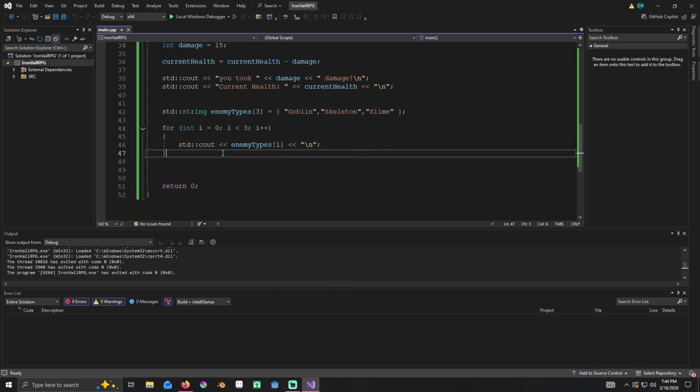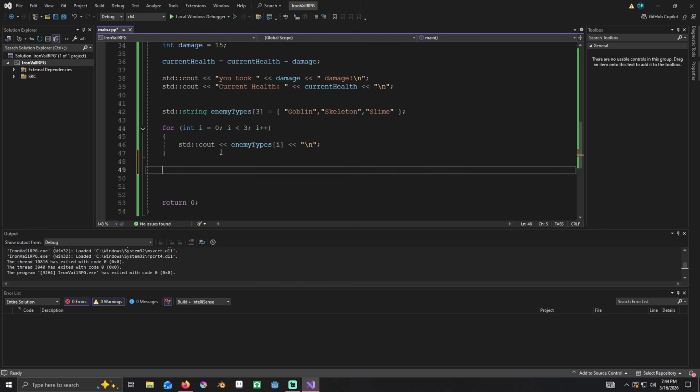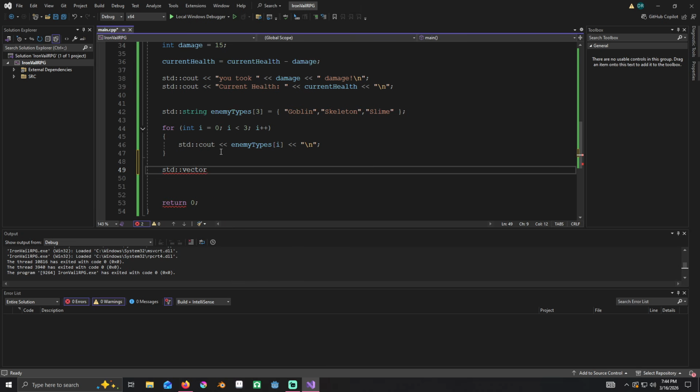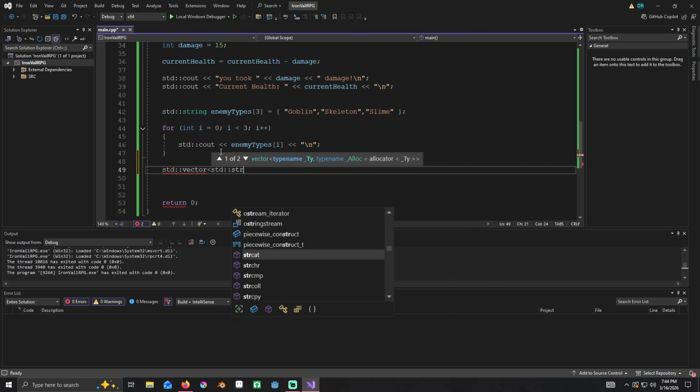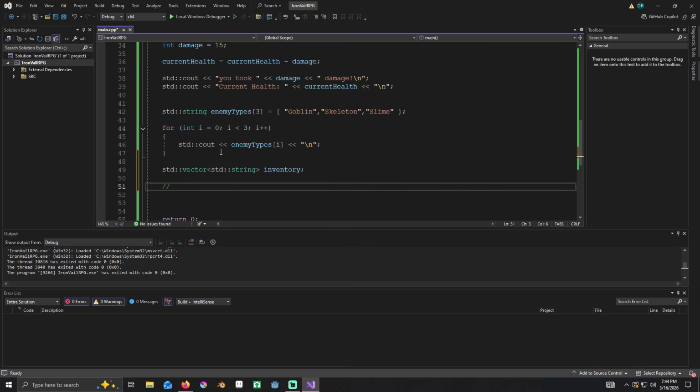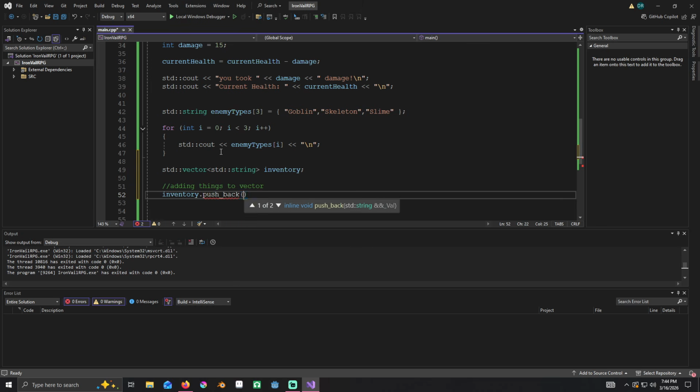Now, vectors: something that can change in size or not be set to one side. We'll just use this as common practice, std::vector, and we're going to create this of type string right now. We'll just name this inventory. And this is how you add stuff. Right now we're just adding strings, so it's not really adding anything, it's just the words, but it's for showing you how it'll work with real items. So inventory.push_back